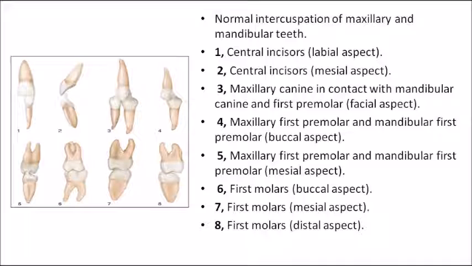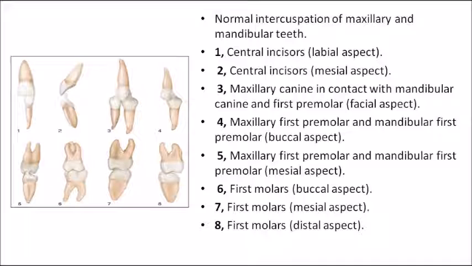So from a mesial aspect, please look at the picture which is marked as 5. The lingual cusp of the maxillary first premolar is coming into contact with the triangular fossa of the lower first premolar. Similarly, the buccal cusp of the mandibular first premolar is coming into contact partly with the canine and partly with the first premolar. Now when you come to the mandibular second premolar, there is a little bit of variation. Here the buccal cusp of the mandibular second premolar is coming into contact with the mesial central fossa of the